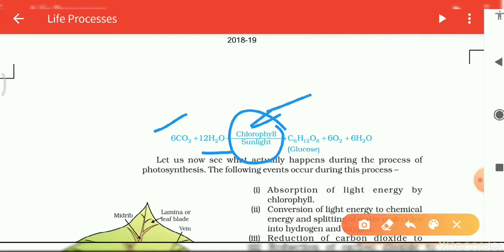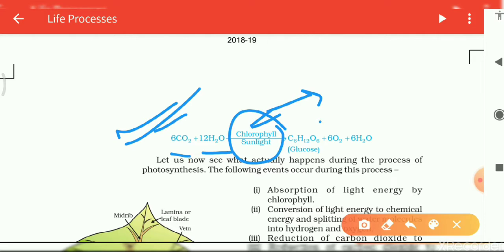And this chlorophyll is present inside the chloroplast organelles. Okay, students, chlorophyll is present inside the chloroplast organelles. That's why the color of the leaves is green, due to the presence of this pigment chlorophyll. Okay, then these plants can make their food with the help of carbon dioxide and water, and it will